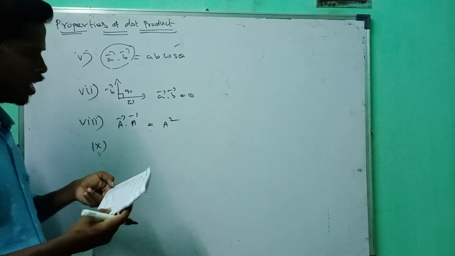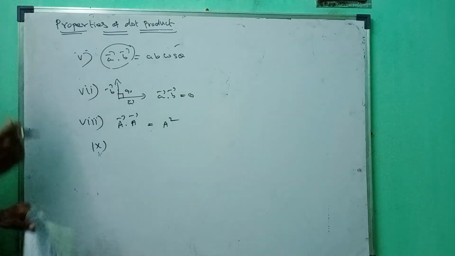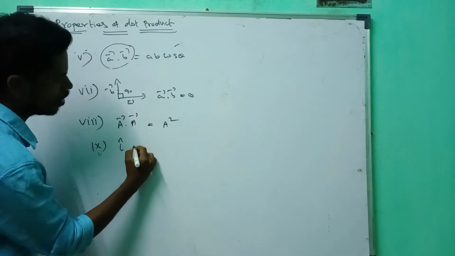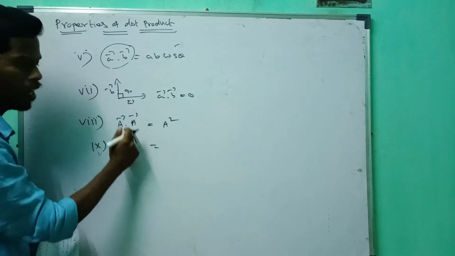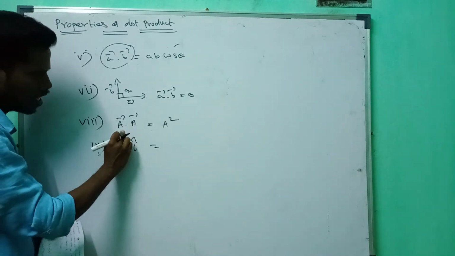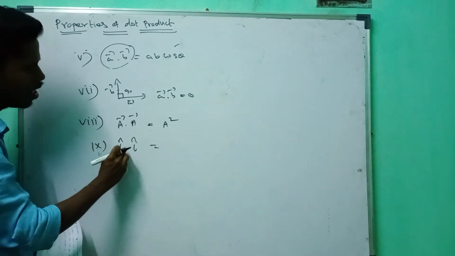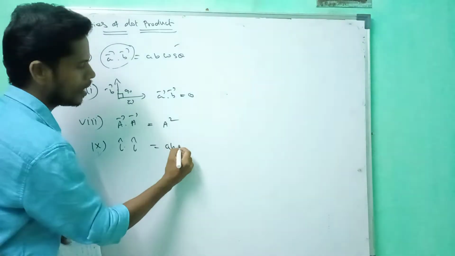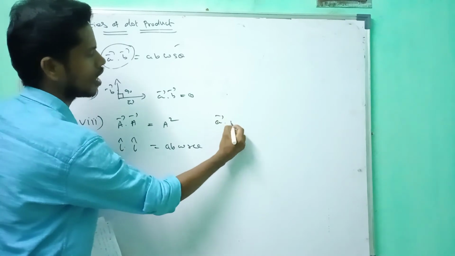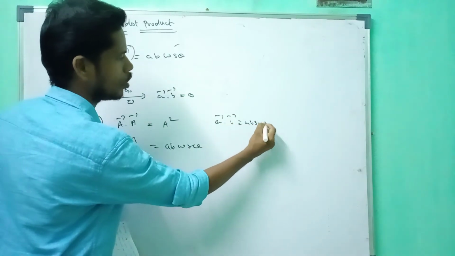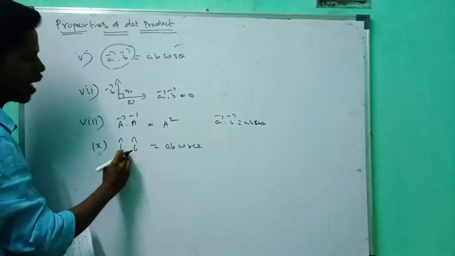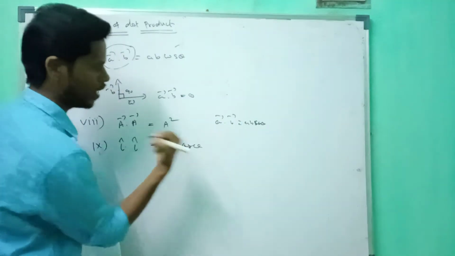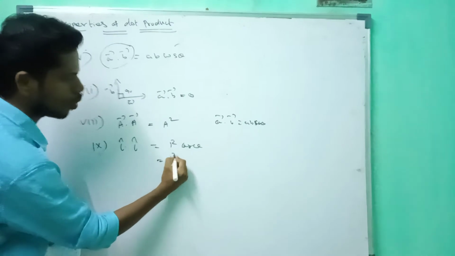And the ninth point, which is nothing but the same one. I cap dot I cap. Similarly, A vector dot A vector, like that. Here also I vector, I cap. That means AB cos theta. Simply, A vector dot B vector equals AB cos theta, you know. So here also I cap dot I cap is I square cos theta. So I square means 1 square.